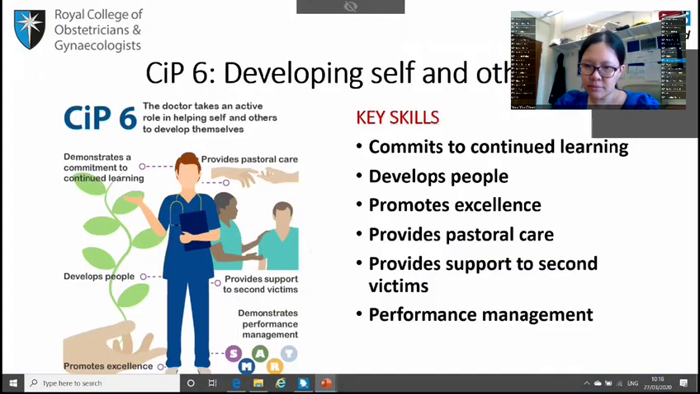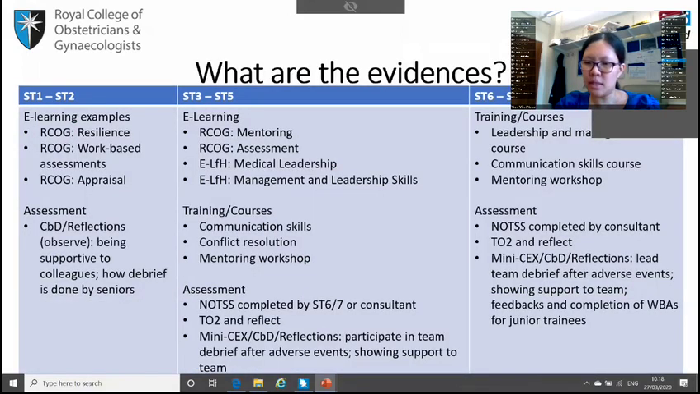Developing self and others, essentially being helpful. Simple as that, in terms of helping others and also helping yourself to develop your learning and providing support. Okay, so you can say how, for example, you as a registrar, you can provide support to your juniors who have been involved in an adverse outcome in an obstetric case, showing support. Those are the things you can reflect upon and write it up, and a reflection can be as evidence for your key skills or SIPs. Okay,